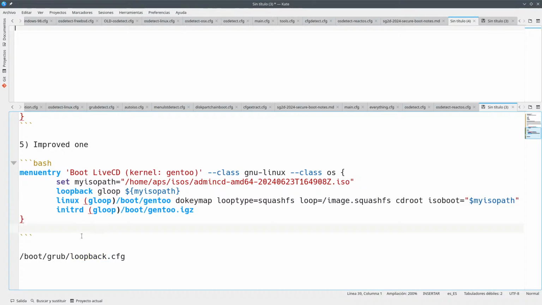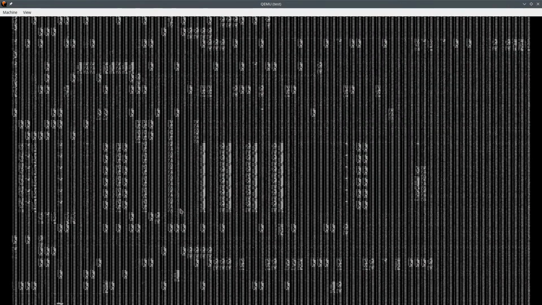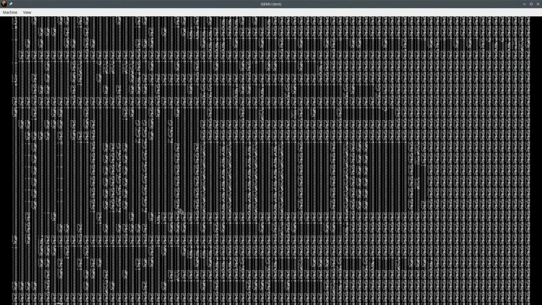Okay, you no longer have to do this with this loopback command, but if you want stuff to be automatic, you have to ask the distribution to do what I have told you, which is loopback.cfg, so that Super Grub2 Disk can read this. Yeah, seriously, we have this piece of shit.